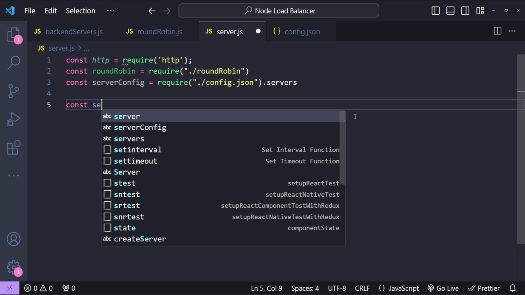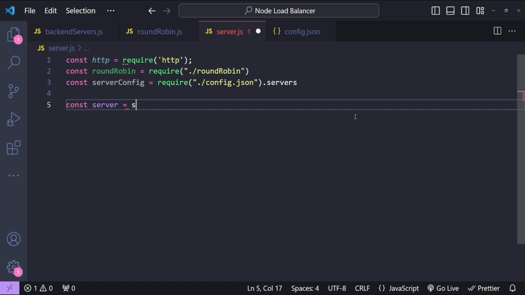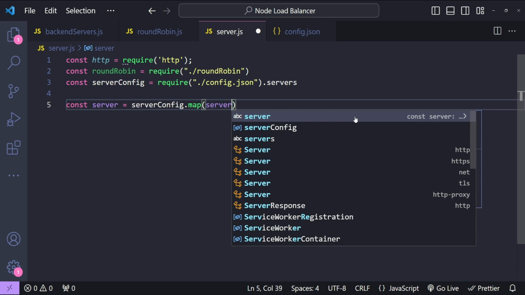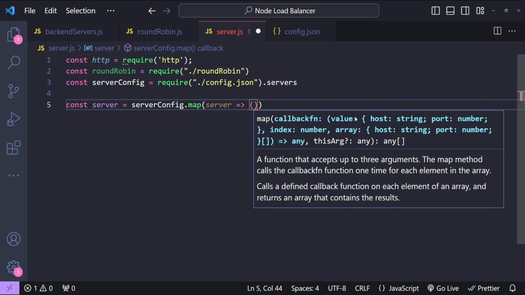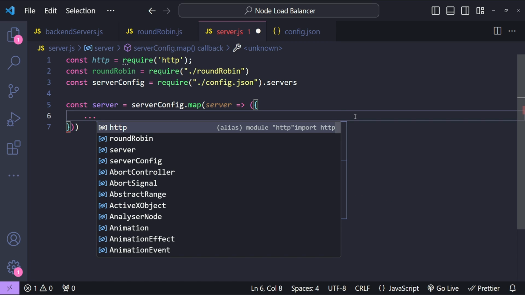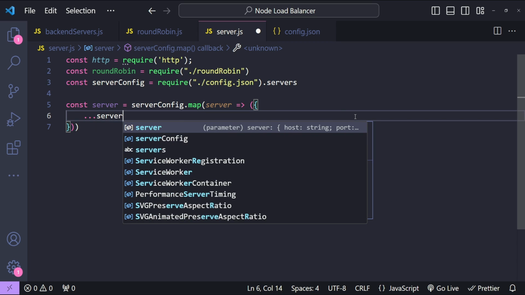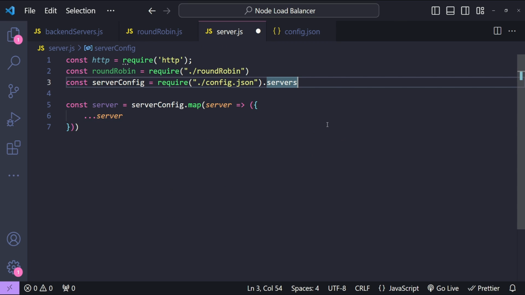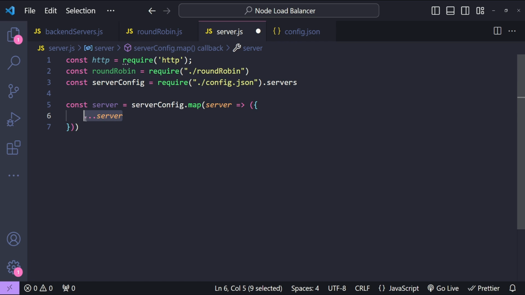So const servers equals to serverConfig.map, and then for each server we are just going to return a new object by simply spreading out the existing server properties. So ...server. Now you must be thinking, why aren't we using these servers array directly? Well, let's do this for now because later we will need to modify this code anyways for our least connections